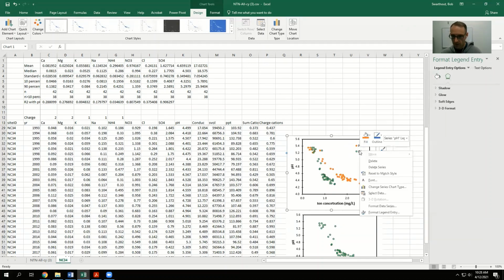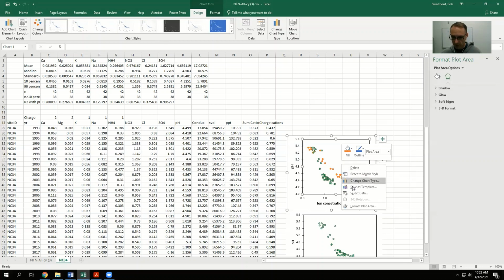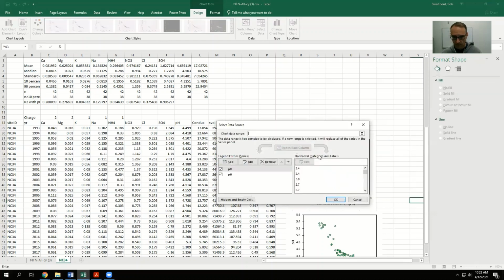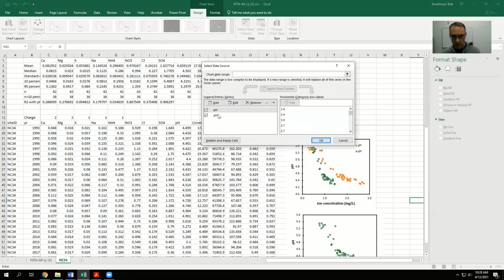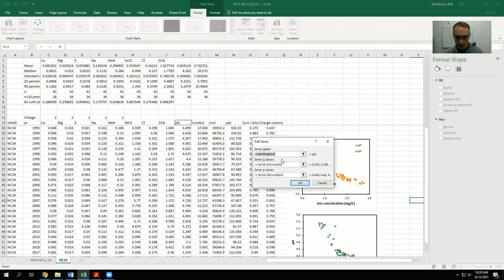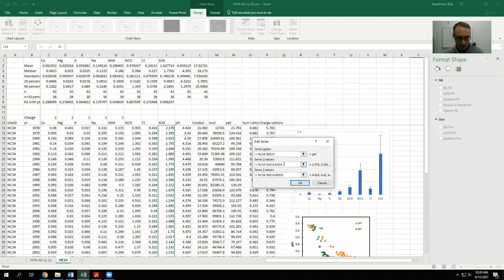So to rename these data series, I'm going to select anywhere in the plot, right click and select data. And now it shows me that each one of my data series here is named pH. So I can come in and edit these. I'll select this pH and edit it. This is showing me that my X values for this one are sulfate. So I'm going to change the name here to